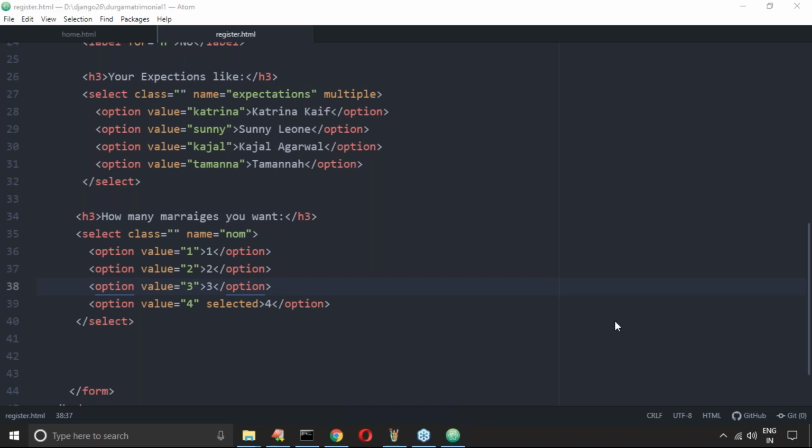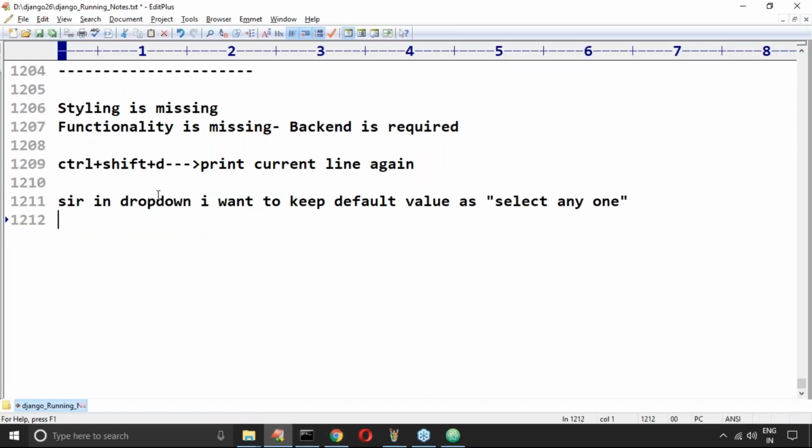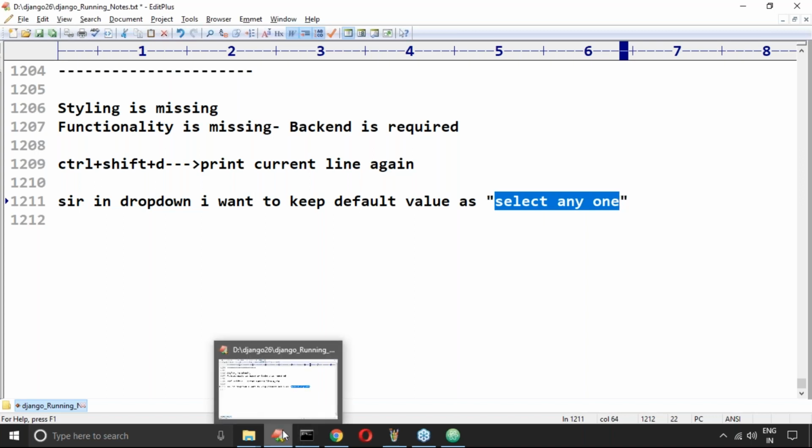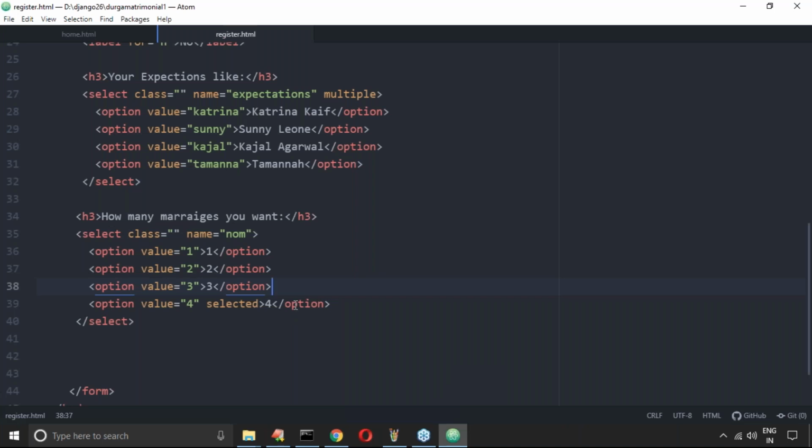Yeah, Sai is asking something. Yes, Sai's doubt is, observe that. Okay, sir, in the drop-down I want to keep the default value as "select any one". Why not? You can use "select any one".